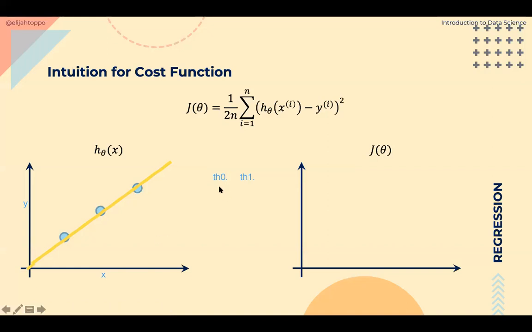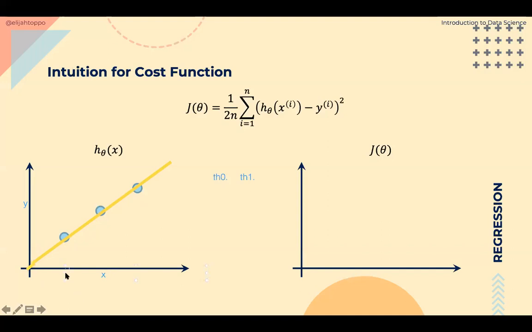So I have theta 0 and theta 1. In this case, the model that I'm trying to fit is y is equal to theta 0 plus theta 1 times x1. Here we can see that theta 0 is equal to 0 and theta 1 is 1. I've not put the coordinates, but you can imagine that their coordinates should be this. This is data point 1, 2, and 3.